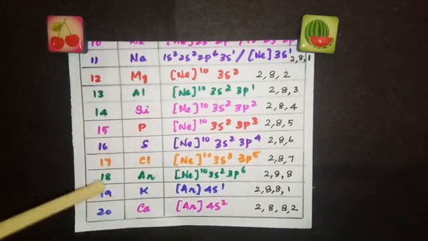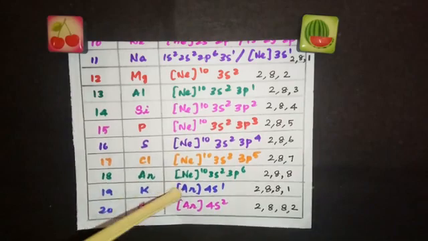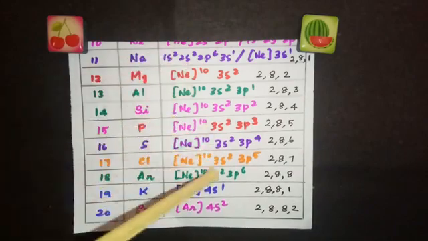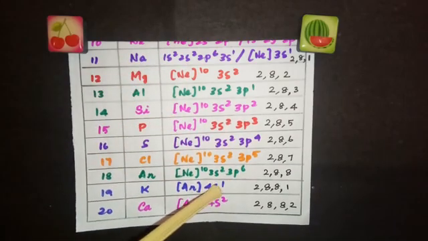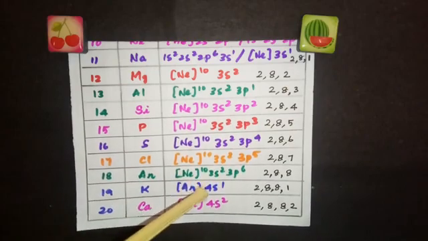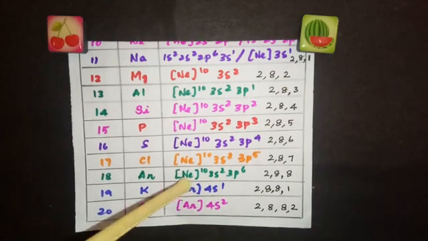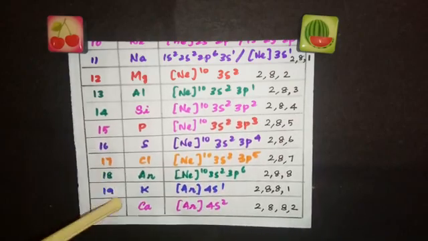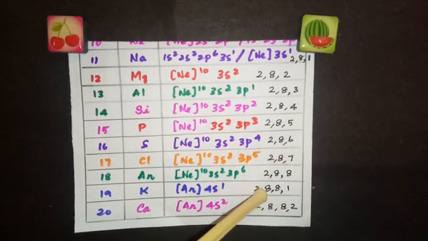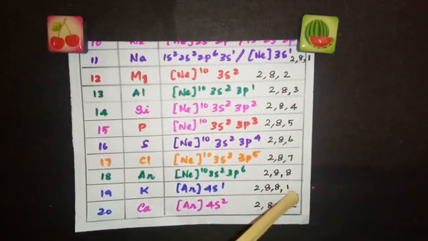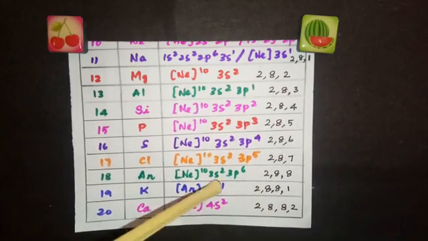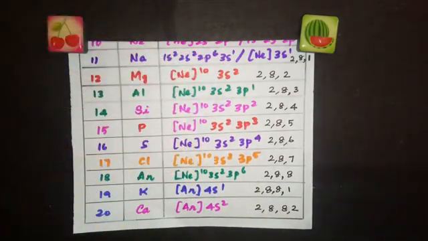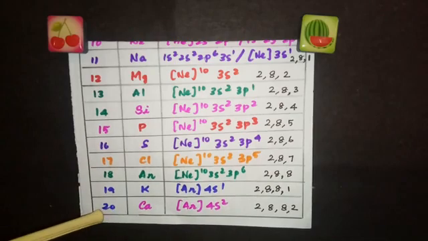In potassium there are 19 electrons, so you can write 1s2, 2s2, 2p6, 3s2, 3p6, 4s1. Or instead of those 18 electrons, you can represent it as argon in the bracket and then write 4s1, because argon represents 18 electrons. 18 plus 1 is 19. So the general configuration would be 2, 8, 8, 1. And remember, you are following Aufbau's principle. Arrange the electrons in the increasing order of their orbital's energy. And finally, for calcium, the atomic number is 20.